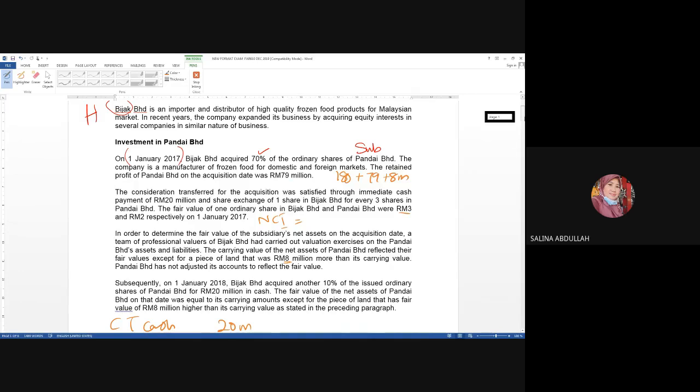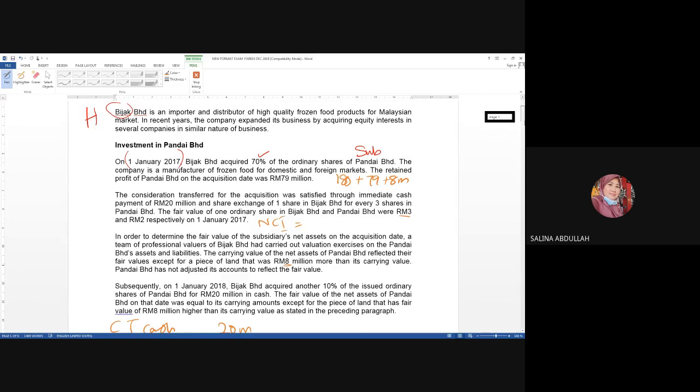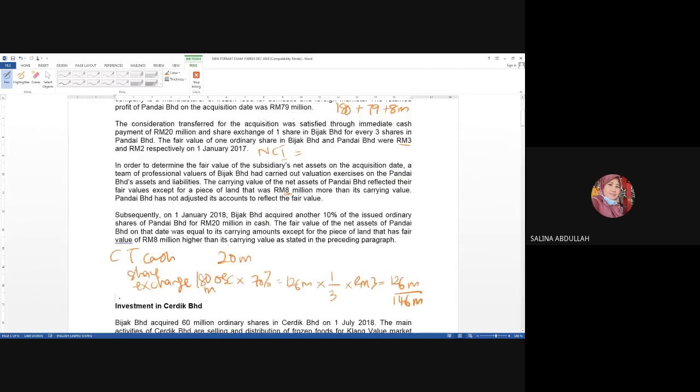How many units, you can refer to just now, you calculate 180 times 70%. Since 180 times 70% is actually 126, the NCI portion will be the remaining, which is 54. So 54 million